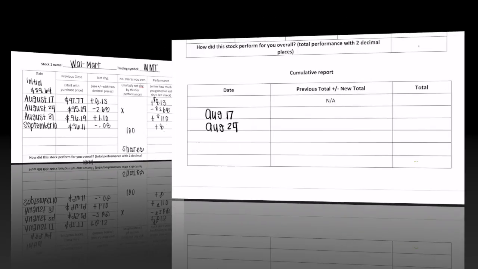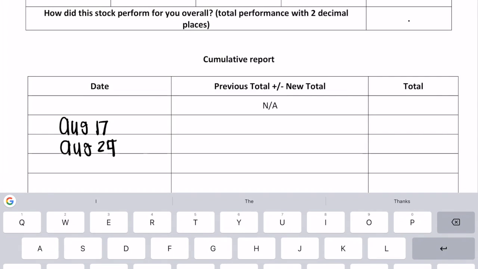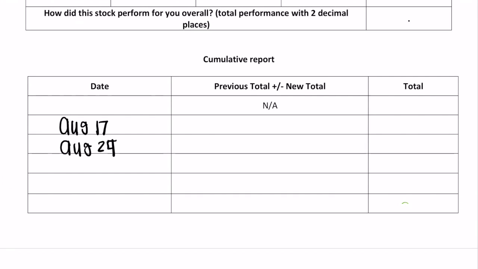Alright, so let's look at the cumulative report, guys. I completely make these numbers up, but let's just do some for the 17th and the 24th. So let's say that on August the 17th, I gained $5.75 in Apple. I lost $2.36 on Facebook, and I gained 75 cents with Walmart. I would add up those totals, and then I would get my total change in my portfolio, and that is going to be positive